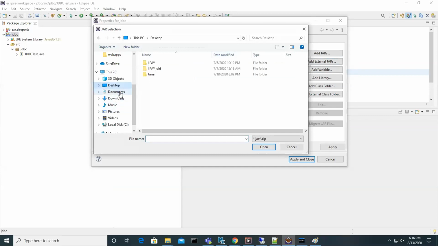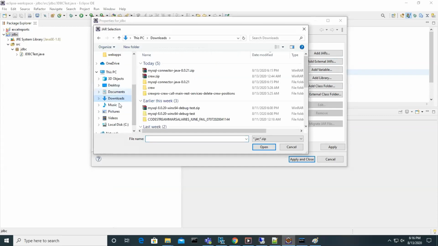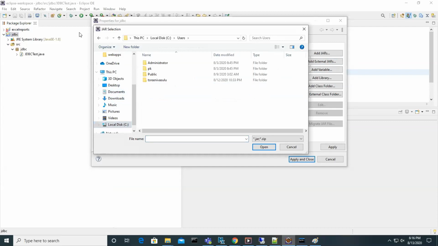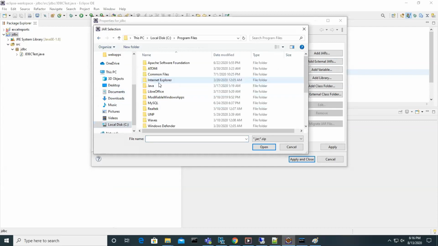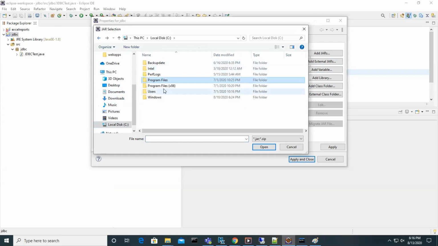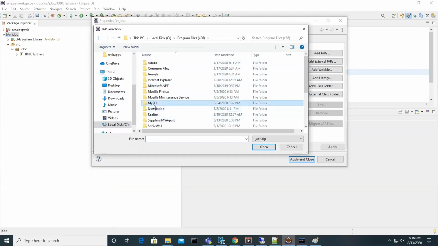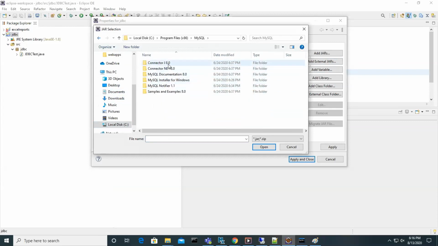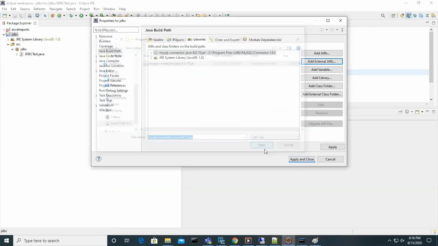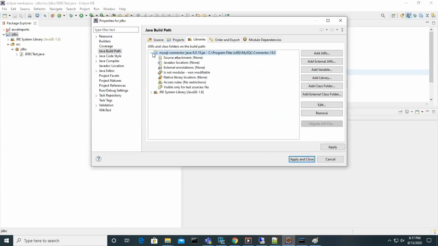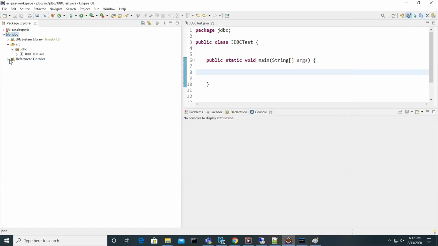Let's say C drive, Program Files, MySQL, and the connector. I just added this one to Eclipse. But in the command line, if you want to add it, set classpath equal to the referred jar file.